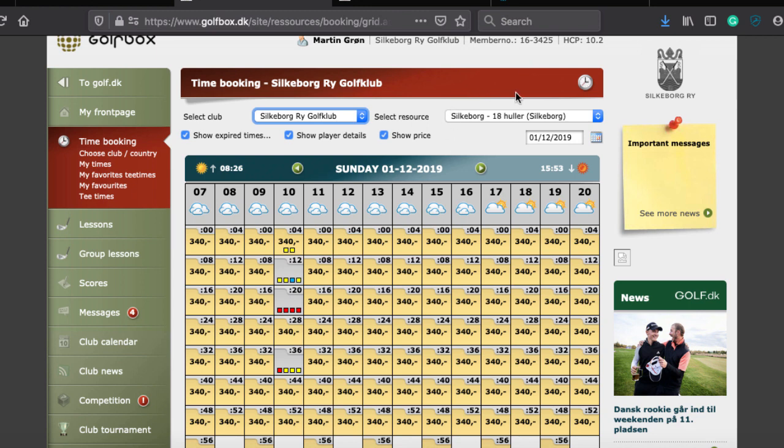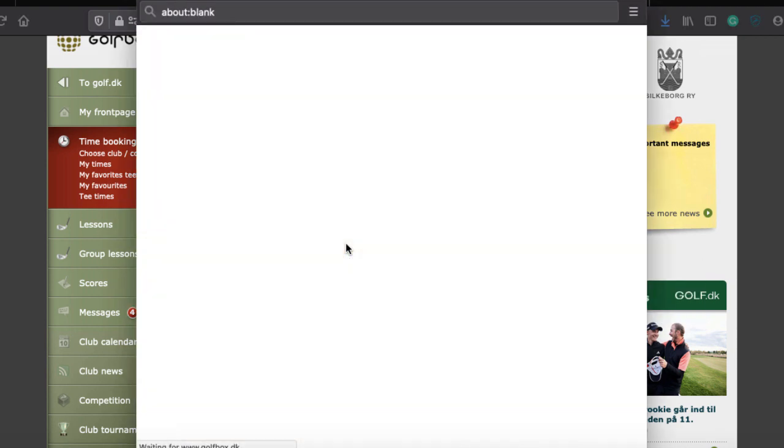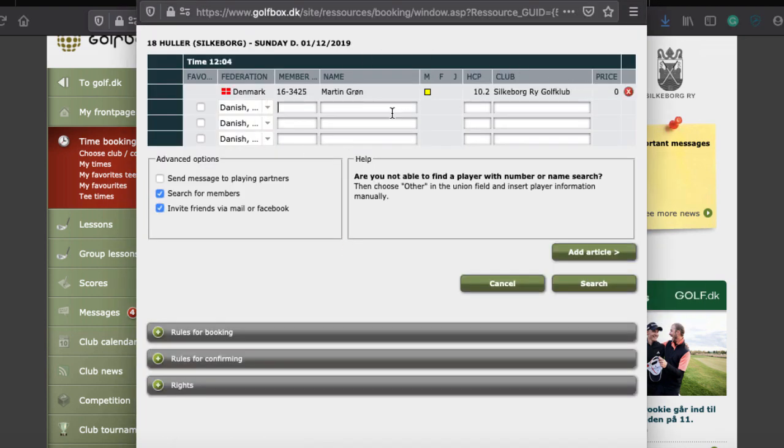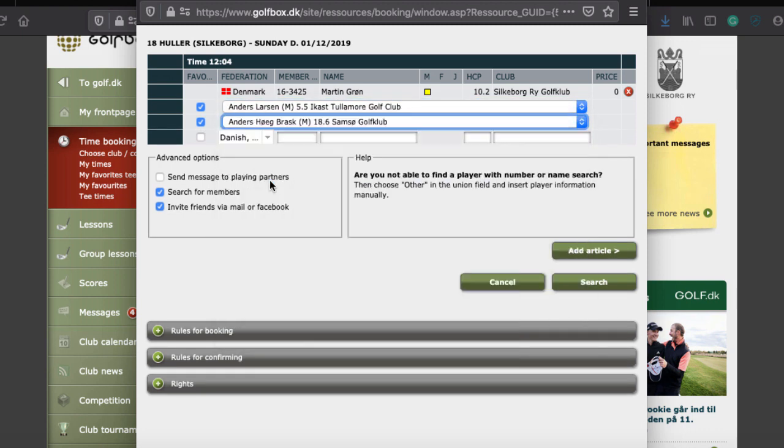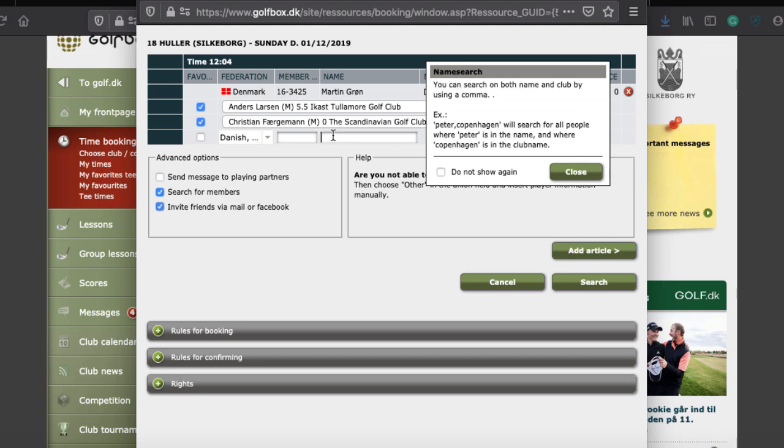So this is also one of the things that has made GolfBox really strong for the clubs, and one of the reasons that we have all the golf clubs in Denmark. And in Denmark we have to sell it individually. We do not have a federation agreement. So we've been to every golf club in Denmark and said, you want to buy this. So it's a portal for all the tee times in GolfBox. It's one player, one-stop shop. I can play wherever I want to and book a tee time in Denmark. This is not new to us, actually. We've had this in Iceland for many years, you know that. But in Denmark,